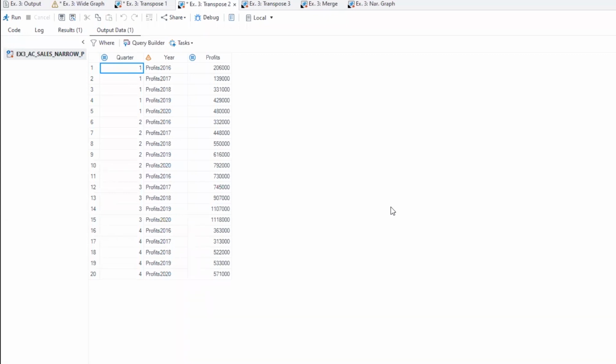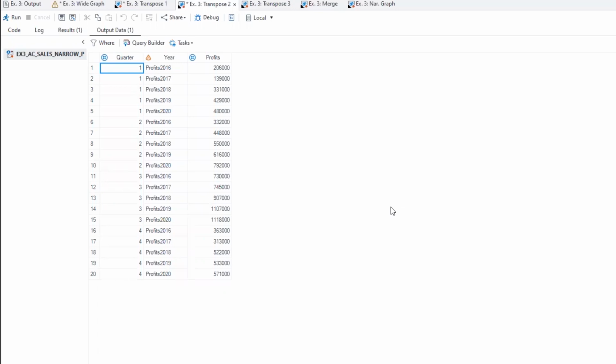But before I move on to units sold, let's think about how this is all going to play out. Since we're going to have two separate tables, we'll need to merge them together in a data step. To perform a merge in SAS, we must specify a column whose common values we can merge on. For this data, we could certainly merge on quarter, since both tables would have a quarter column with values of 1, 2, 3, and 4. But because this is narrow data, each value appears multiple times. We need to be able to uniquely identify each row.